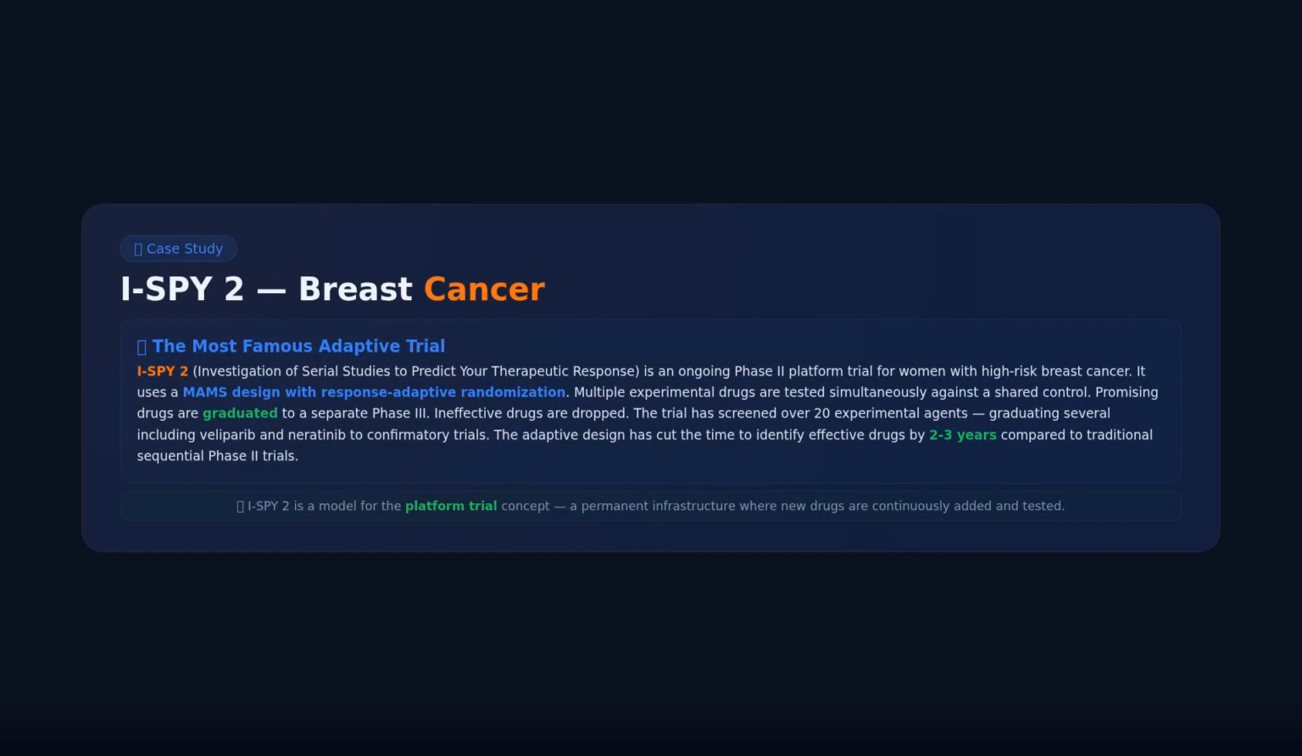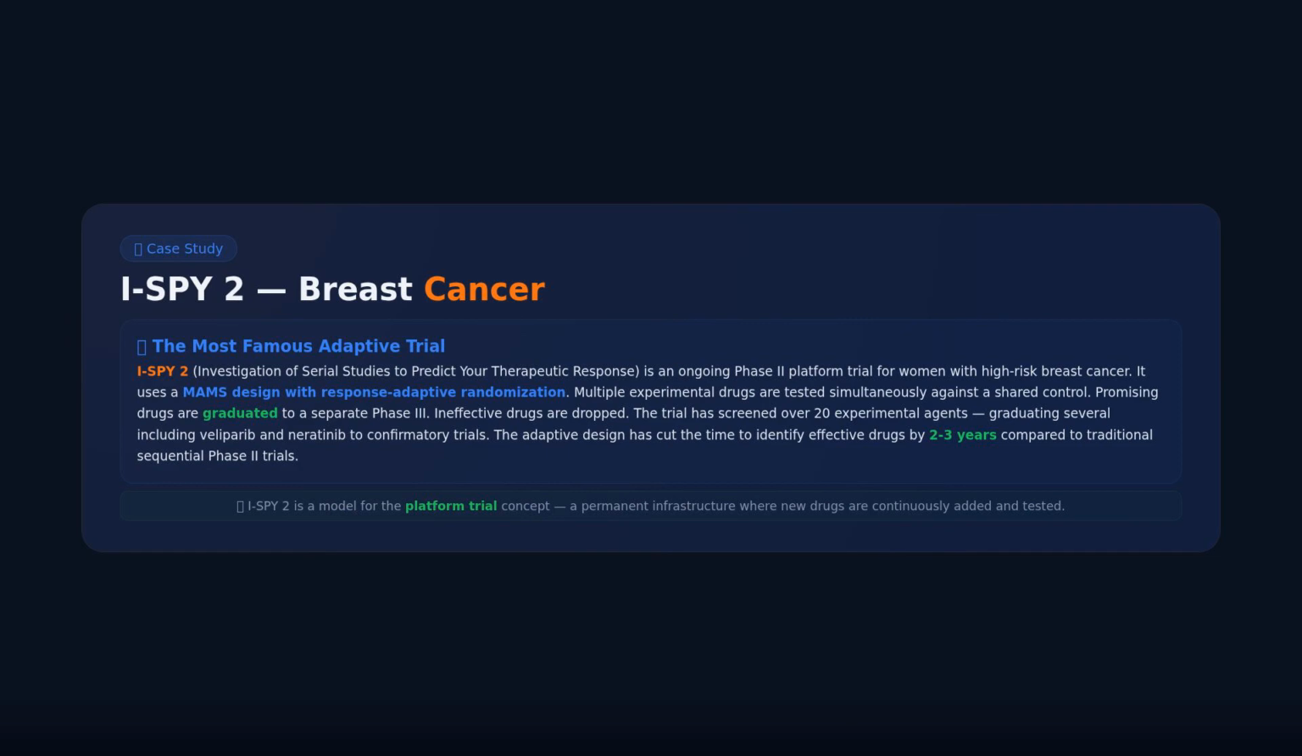I-SPY2 is the most famous adaptive trial, an ongoing phase 2 platform trial for high-risk breast cancer. It uses a MAMS design with response adaptive randomization. Multiple drugs are tested simultaneously against a shared control. Promising drugs are graduated to phase 3. Ineffective ones are dropped. I-SPY2 has screened over 20 agents and cut the time to identify effective drugs by 2 to 3